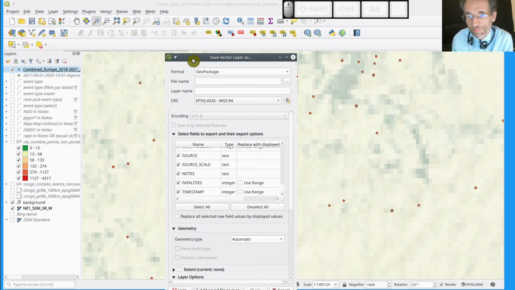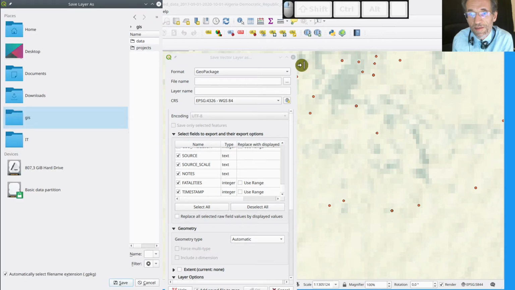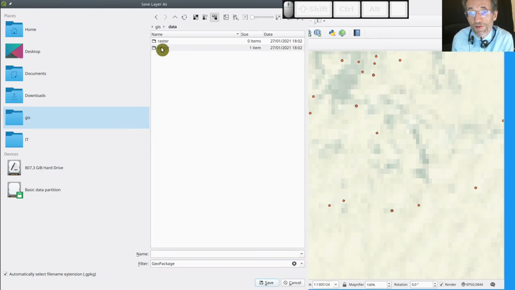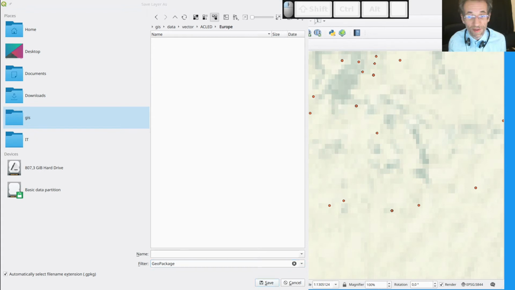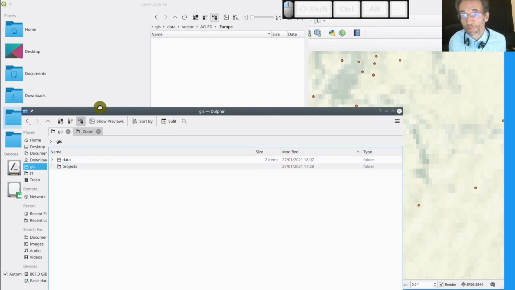So we will select our file and the place where we want to save it. So I will put that in GIS, the data. It's a vector file in ACLED. It's for Europe. And which name will I take? Well, I will take the name from the existing file, because I'm a bit lazy. You could simply type the name, but I'm opening another window